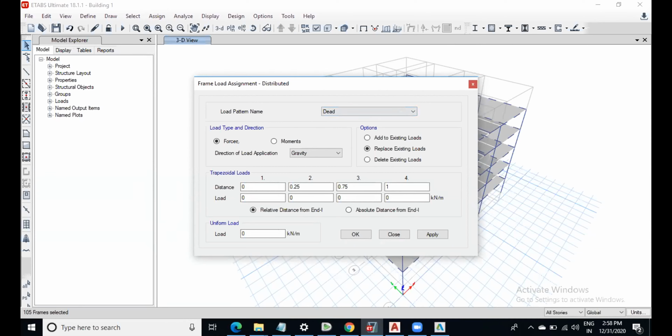There you have the dead load. Wall load is dead load, so you can keep that one only. And below, uniform load is there. At the bottom, uniform, there you can enter 8.55 and click on apply. Click on apply and say okay.